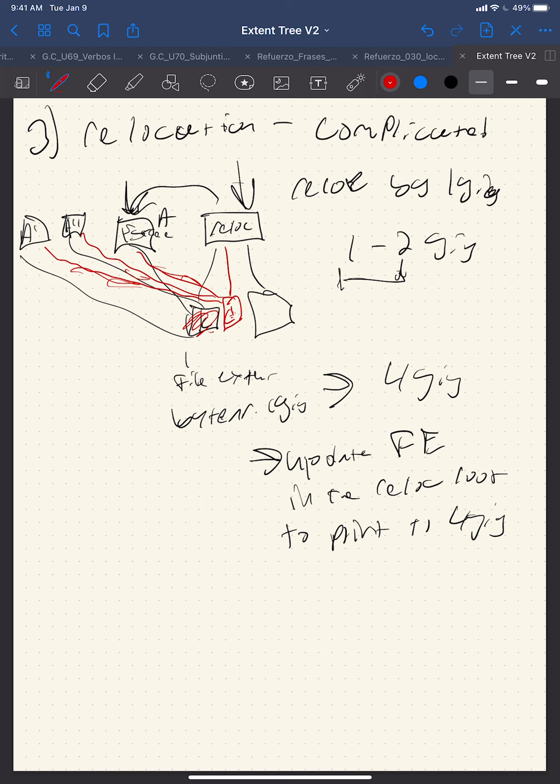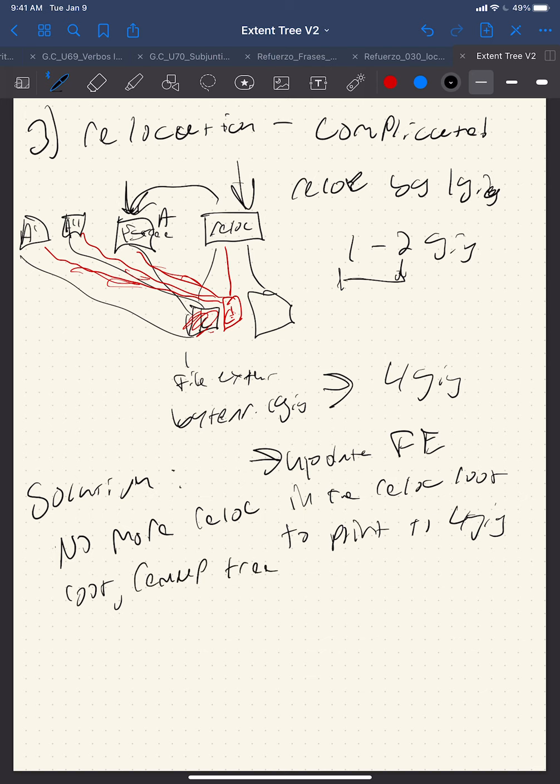And that sucks. So what's the solution? Solution: no more reloc root. We stop doing this here. Instead, we have a remap tree. What the remap tree does, so let's do another, okay, so remap tree. Remap tree says